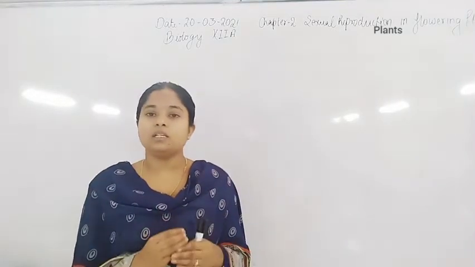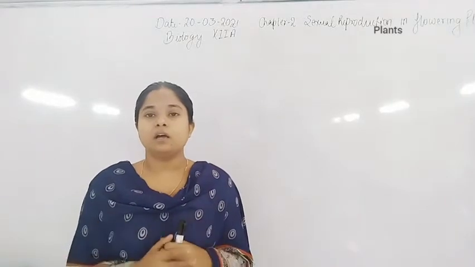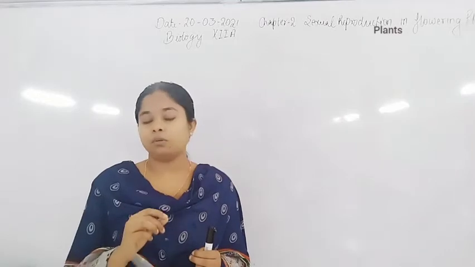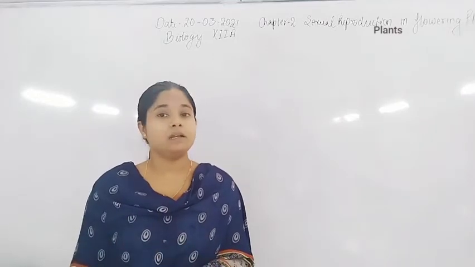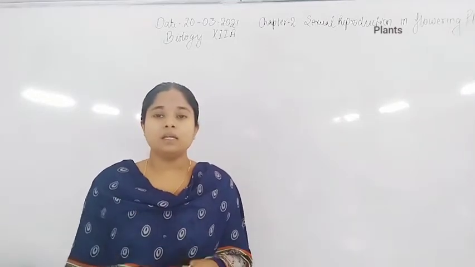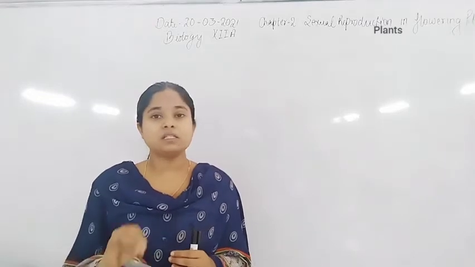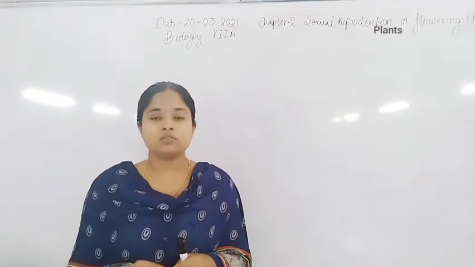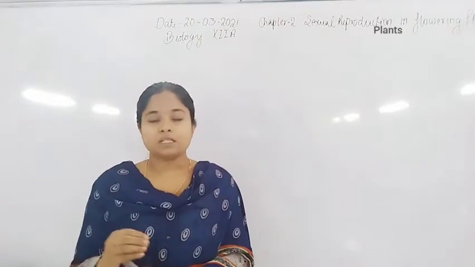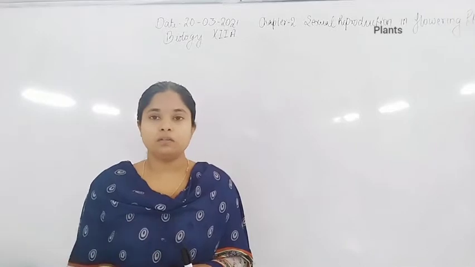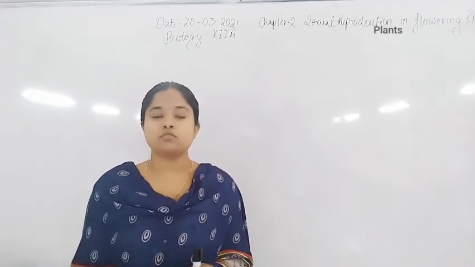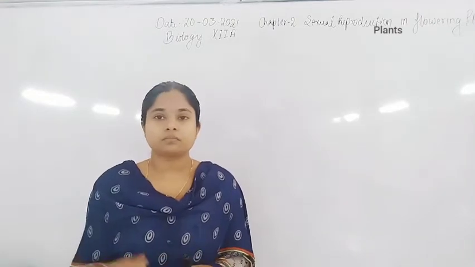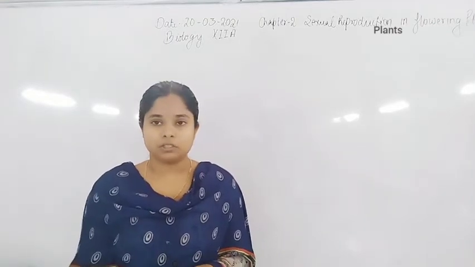So, the pollen grain is a modified structure, and during development there is formation of the exine layer and intine layer. The exine layer helps in the protection and increases the viability of the pollen grain, and the intine layer is only a thin membrane. The exine layer is formed by sporopollenin, which is highly resistant towards temperature, humidity and other unfavorable conditions.